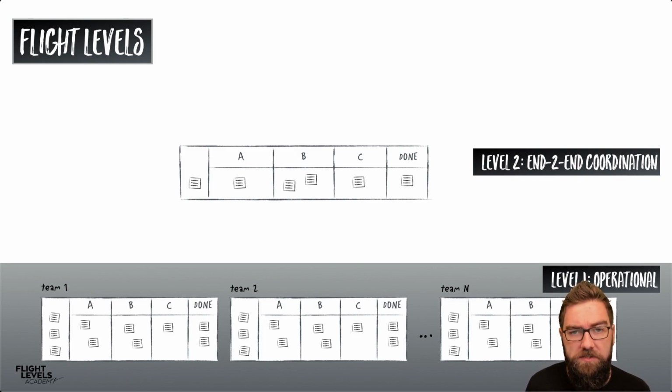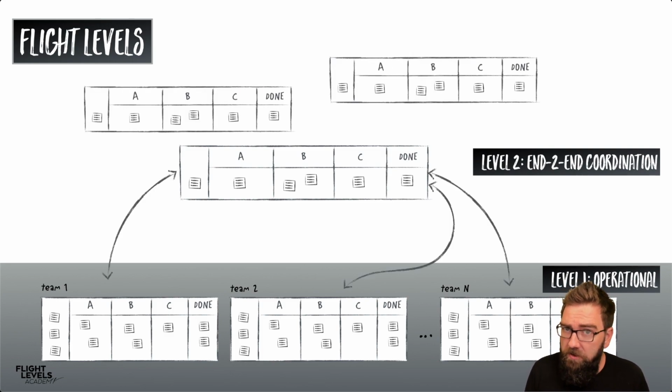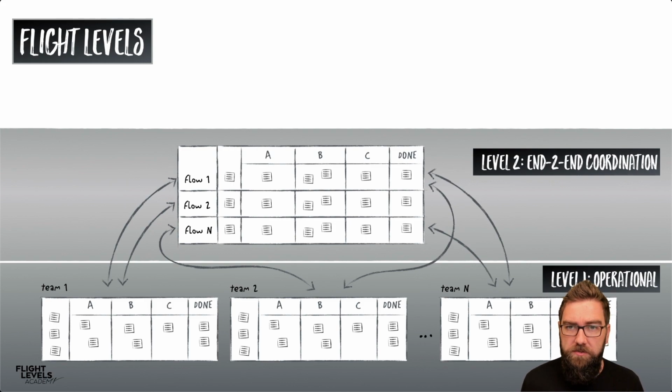This is where we make decisions about, when should that team start the work? How do we hand off work between the teams so that we're keeping the flow going? Level 2 we call end-to-end coordination. This allows us to improve the full value flow from idea to money. In many organizations, or as we get bigger, we may end up with multiple coordination systems. In many cases, we may choose to do something like this, where we map all of these things together on